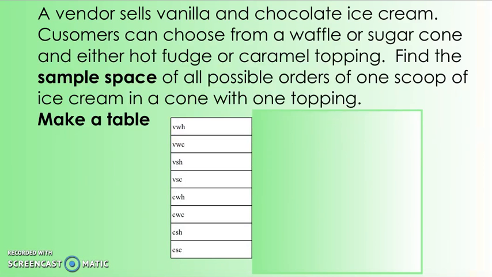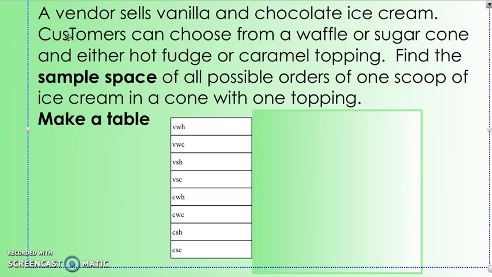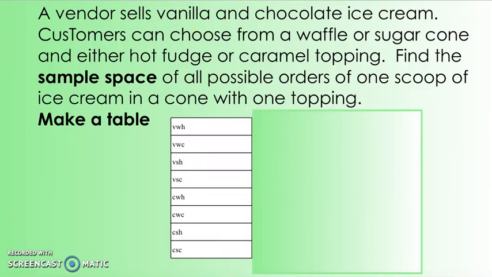For instance, if a vendor sells vanilla and chocolate ice cream, and customers can choose from a waffle or sugar cone and either hot fudge or caramel topping, find the sample space of all the possible orders of one scoop of ice cream in a cone with one topping. So to make a list, this is one option for you, is to make a table, just make a list of things and make sure that it's organized. What I would do is start off with